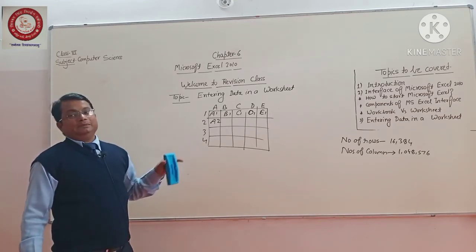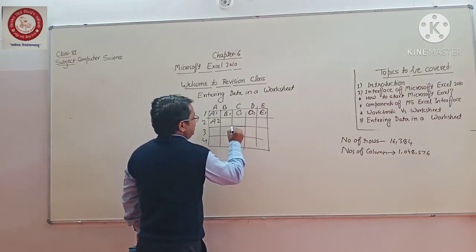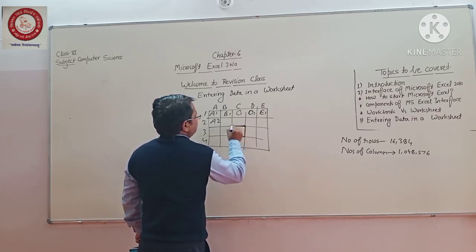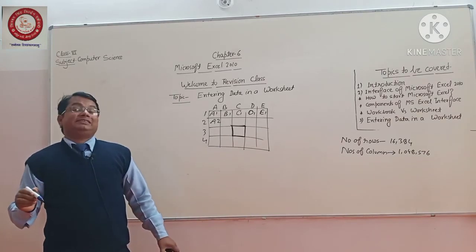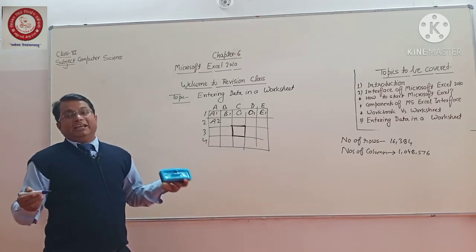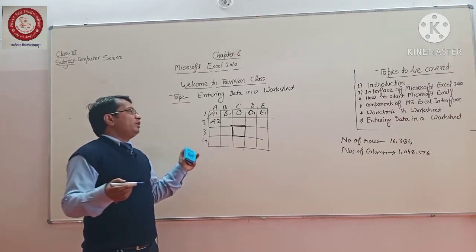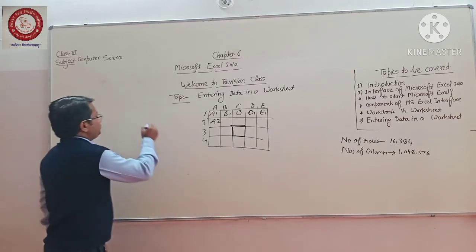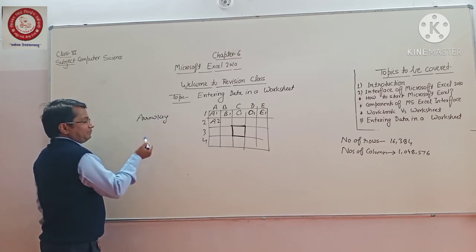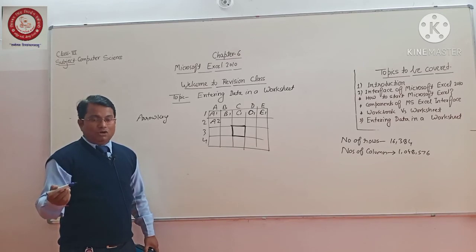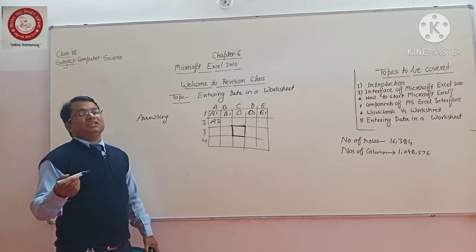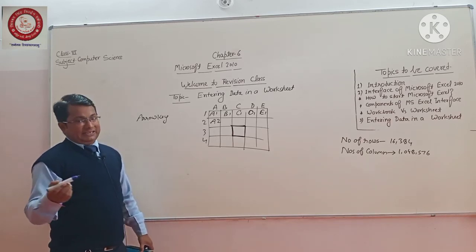Just click one time. Once you click, you will immediately have a rectangle around the cell, which says the cell is now active. Click one more time and you can type. If you want to move from one cell to another, use your arrow keys. There are four types: left, right, top, and bottom. The top and bottom arrow keys are used for going up and down, and the left and right arrow keys are used for the left side and right side.